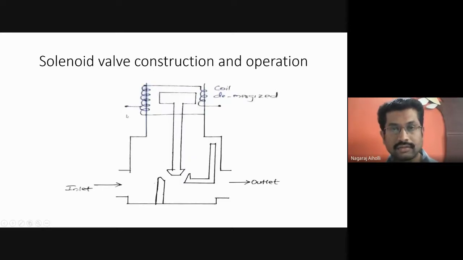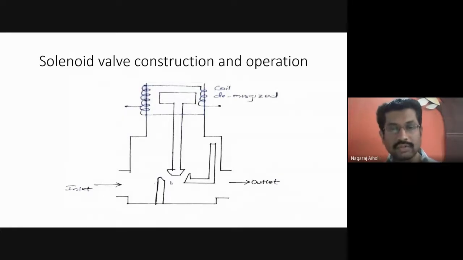Yes. So this is the coil. We are energizing this coil. It will get magnetized, and then because of this, it will move the plunger towards the orifice. This is the orifice, right? This small opening is called the orifice. It will move towards the orifice, and this opening will get closed. The opening which is wider, it will get closed.